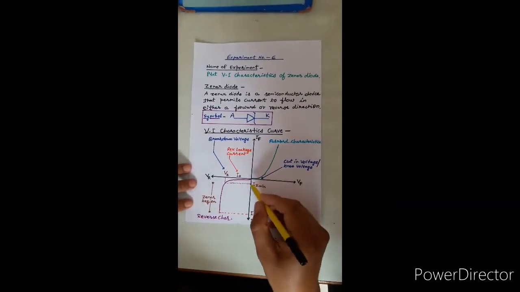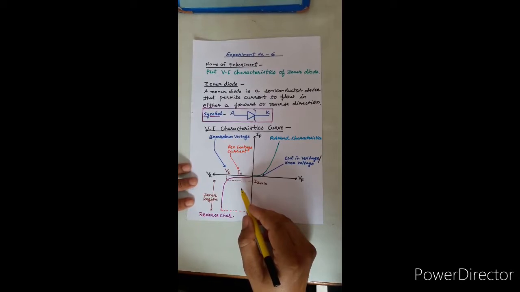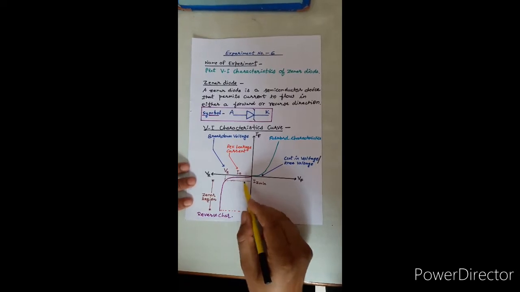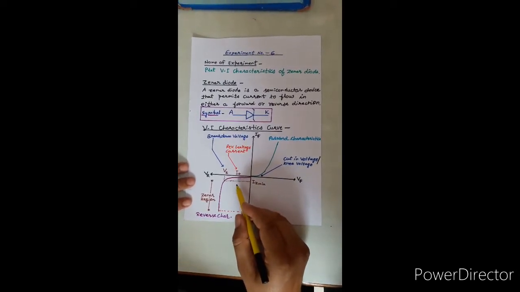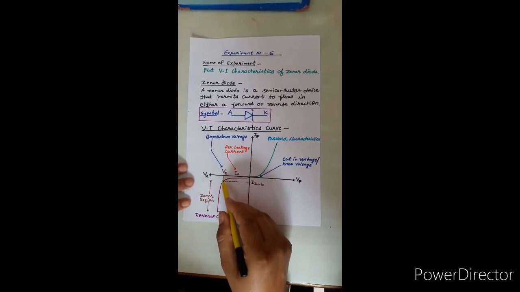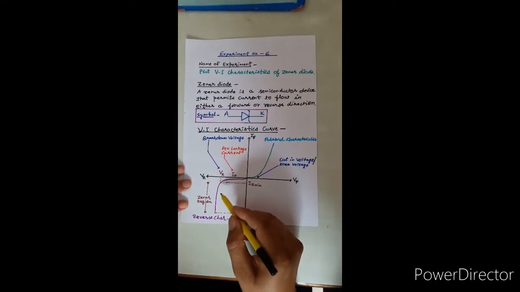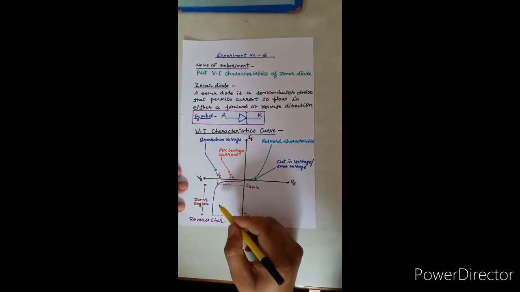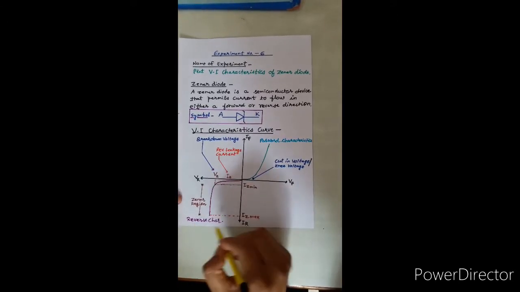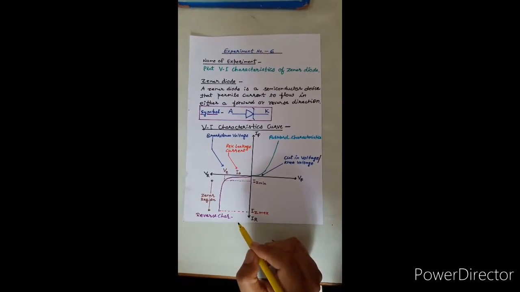Now come to the reverse characteristics region. At the start, if we apply negative voltage to the anode of the diode, a small amount of current flows through the Zener diode due to thermally generated moving carriers. When you go on increasing the reverse voltage, it will reach VZ. VZ is the breakdown voltage. At this point, you can observe a sudden increase in the current and no further increase in the voltage. Due to such reverse characteristics, the Zener diode can be utilized for voltage regulation. To limit this reverse current, you can connect a series resistance in the circuit.